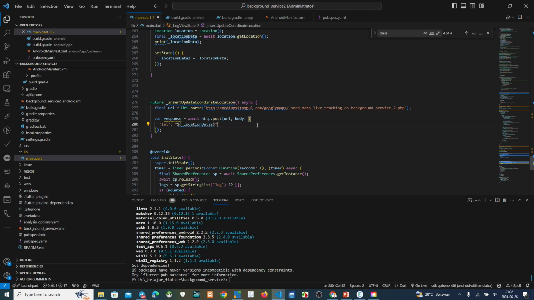Now we want to take just latitude dot latitude. Okay.